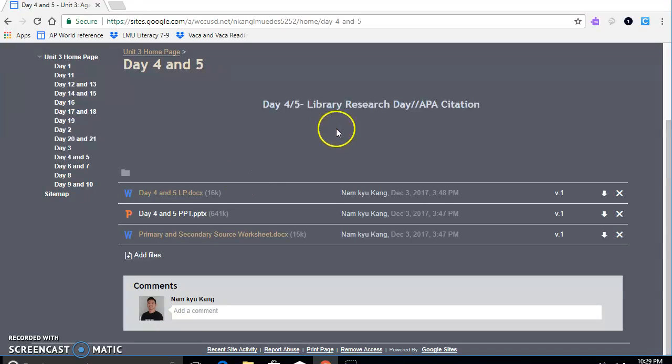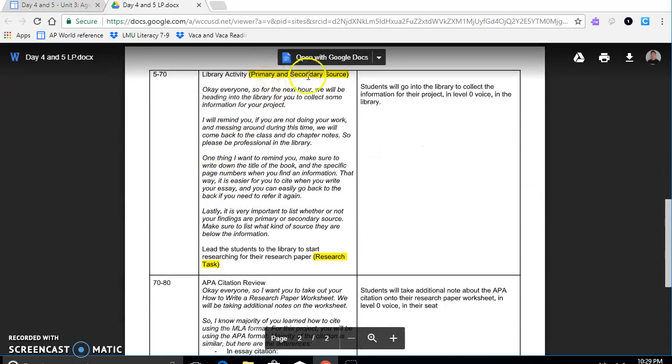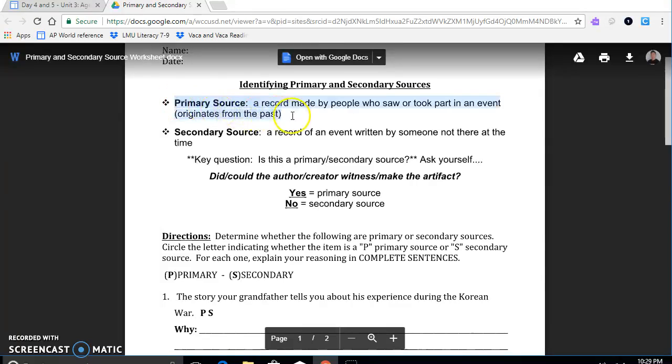So here my students actually will go into the library to gather information, and before we go in, I briefly once again go over the primary and secondary source, which we already covered in unit 2. This is important for them because they need to recognize which sources are credible and which is more credible than others. My students will be going to encyclopedias, textbooks, just history books, and websites. So I gave this worksheet out to them in Unit 2, but once again, they'll take this out before we go in so they understand once again what's a primary source and what's a secondary source.